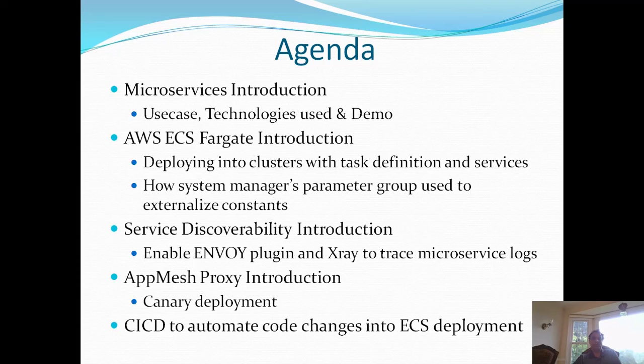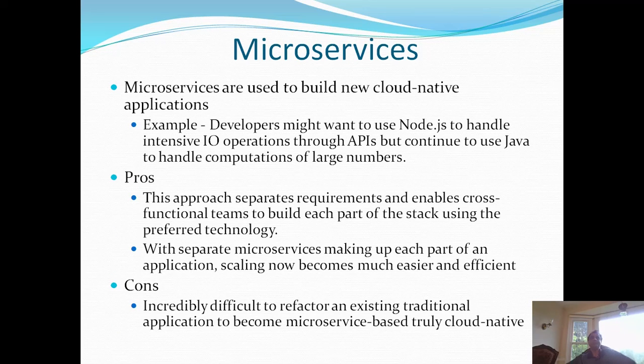So this is one part of the presentation. This is the first one we are going to see today, and eventually we are going to talk about what AWS ECS is and how to deploy the microservice in ECS. And then we are going to talk about the features of ECS like service discoverability, app mesh, and CI/CD. So these are all a little advanced. So first we will talk about the first step. Okay,